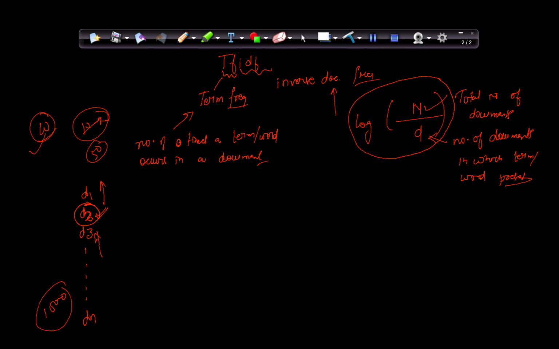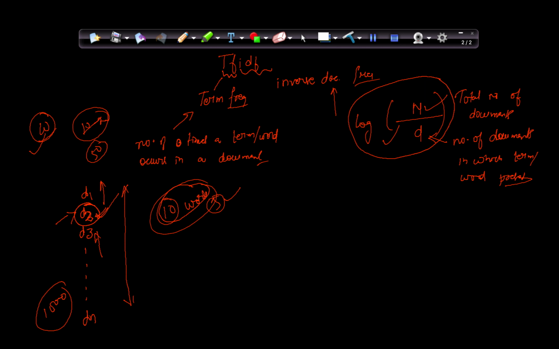Now suppose D2 contains 10 words that are very rare in this particular corpus. Then if the query given by the user contains three words from these 10 words, we can directly say that the user is searching for this particular document. Because the query contains three words that are very rare in the whole corpus, and those three words were present in D2. So this is the intuition behind this formula.